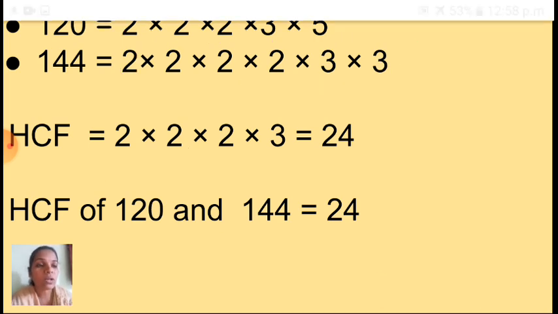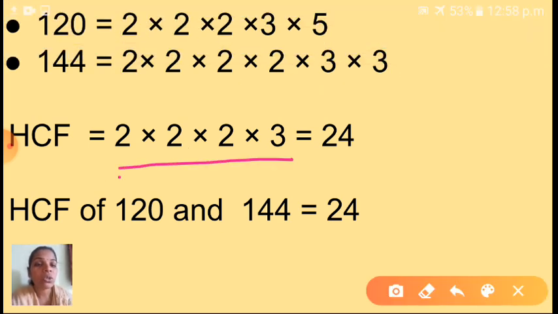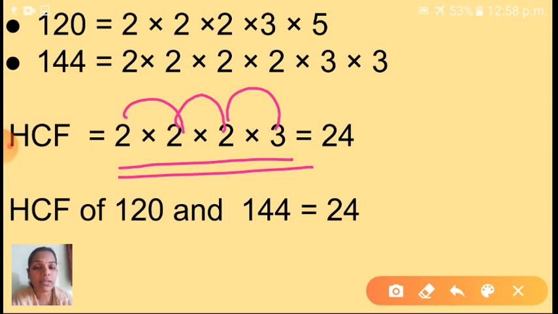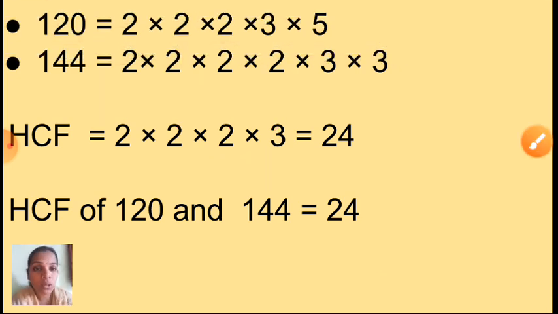Okay children. So you have to multiply and write 2 into 2 into 2 into 3. That is, 2 2's are 4. Here you have to multiply. Okay children, 4 2's are 8, 8 3's are 24. So children, see, HCF of 120 and 144 is equal to 24. Children, I hope you understood this prime factorization method, and whichever method is easy for you, that method you have to follow.